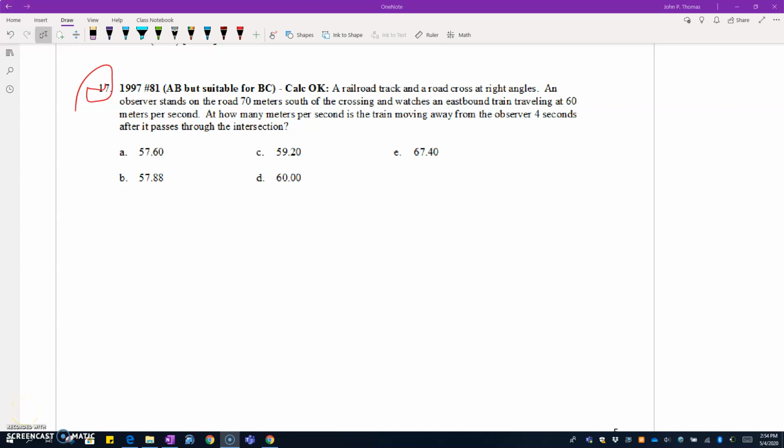Alright, so let's take a look at number 17. Number 17 says, a railroad track and a road crosses at a right angle. Alright, so I'm going to go ahead and draw that in. It says, an observer stands on the road 70 meters south of the crossing